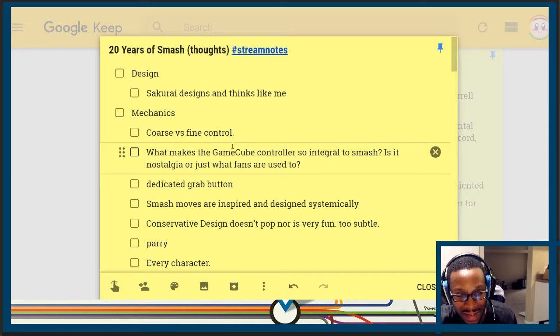The C stick's alright. I like the placement, but I don't like the weird nubbiness of it. The D-pad's still small, as it has been for so many years. I don't necessarily like the button layout of the GameCube controller for playing Smash. I like this